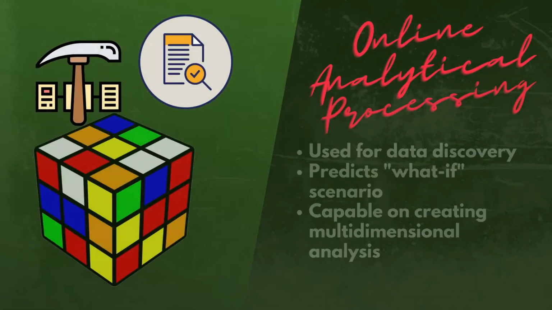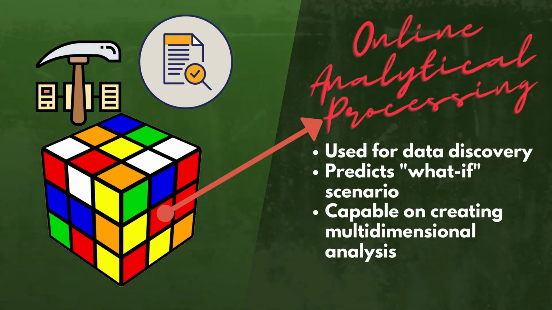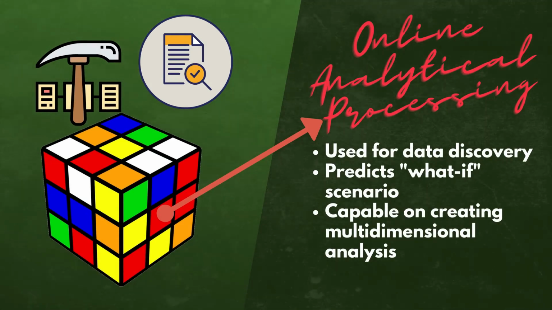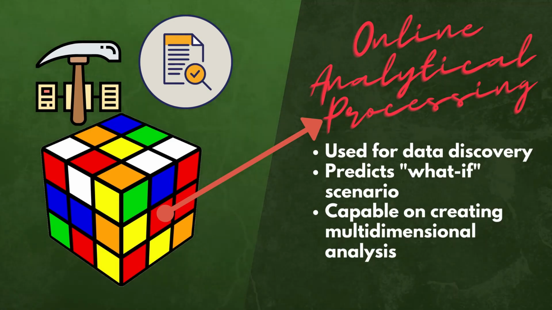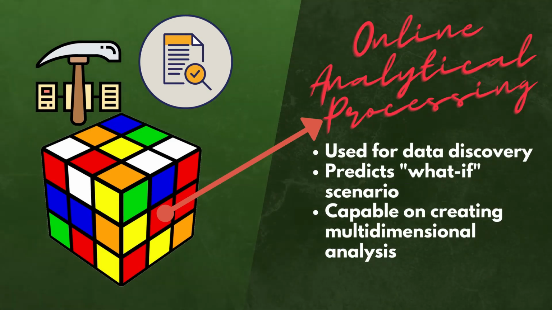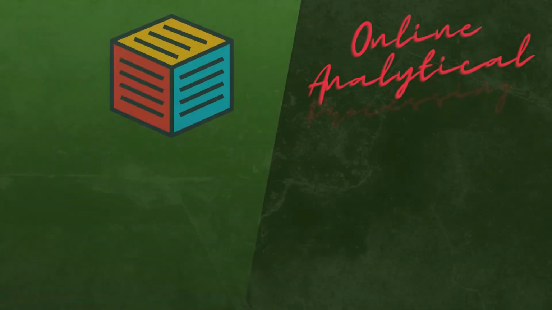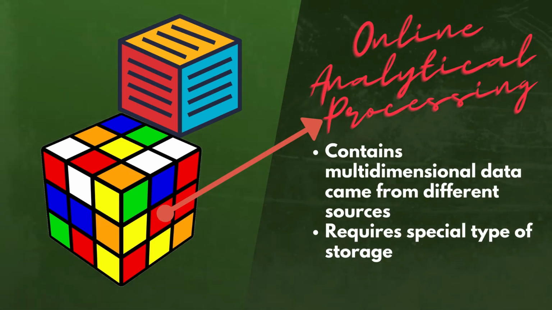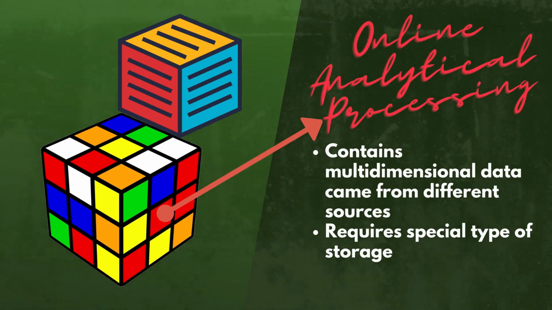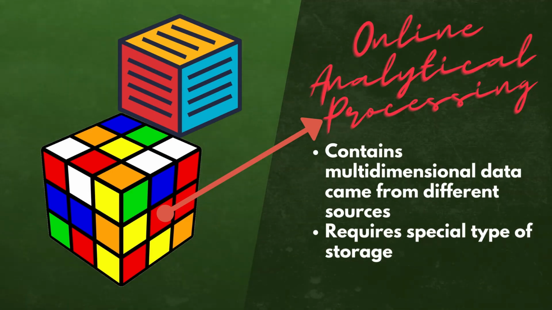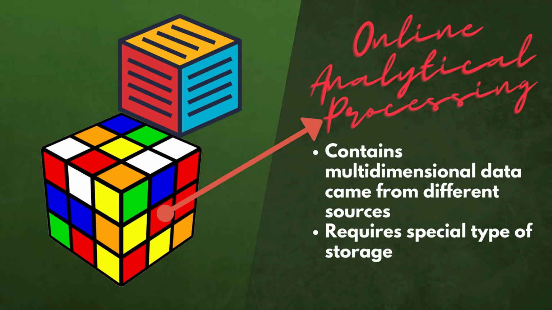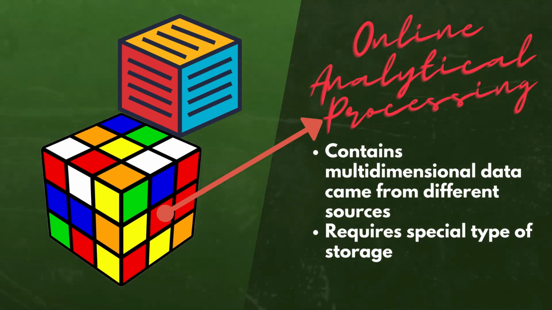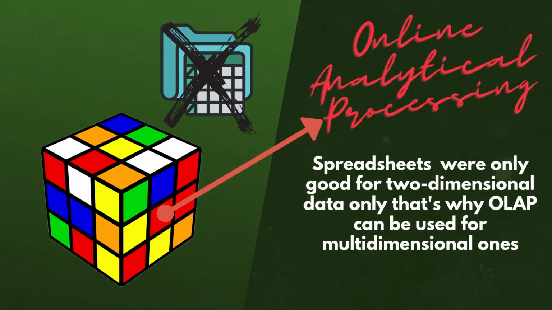OLAP is a powerful technology for data discovery, including capabilities for limitless report viewing, complex analytical calculations, and predictive what-if scenarios, for example, about budget or forecast planning. OLAP performs multidimensional analysis of business data and provides the capability for complex calculations, trend analysis, and sophisticated data modeling. And OLAP is illustrated as a cube to visualize its multidimensional analysis capabilities.